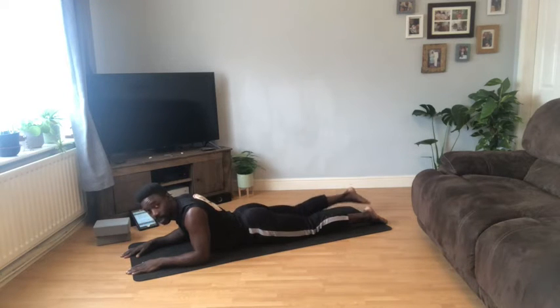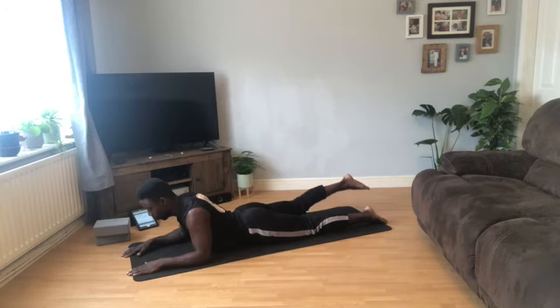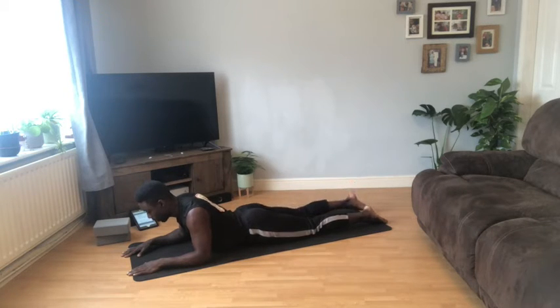So 10 on the opposite leg now. 2, doing good. 5 more. 6, 7, 8, 9